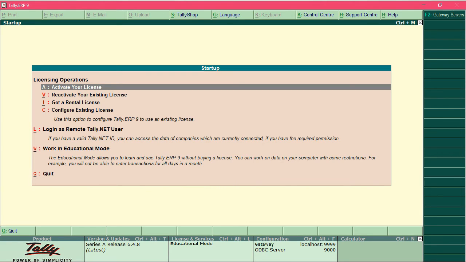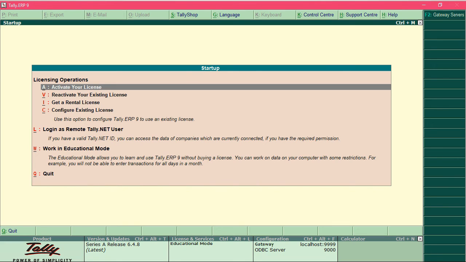To activate your software, you need to click on the option activate your license. So right now I cannot show you the activation process because my software is already activated, but you would be getting a screen where you will be expected to enter your serial number and your email ID. The email ID that you enter will then be associated with Tally. So after entering all that information, you will be getting a mail with another serial code which you need to enter again to activate your software.